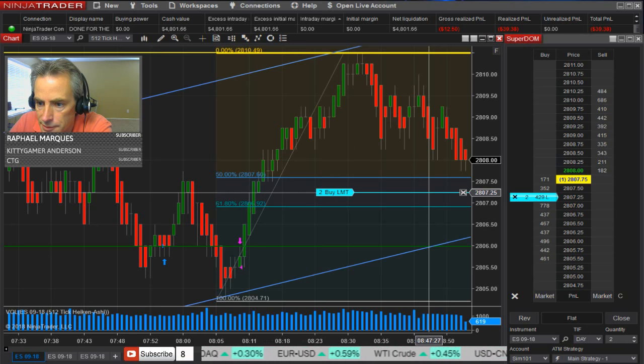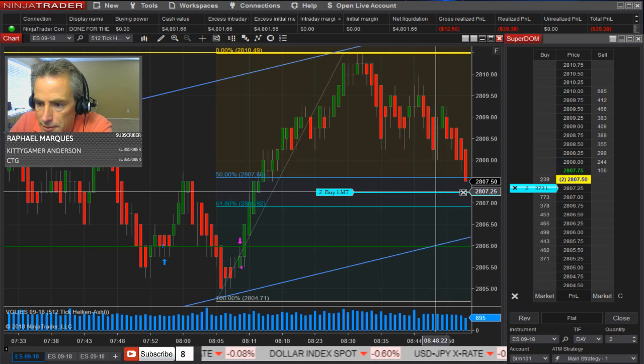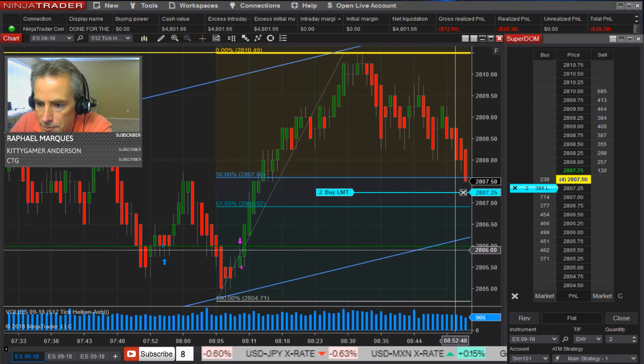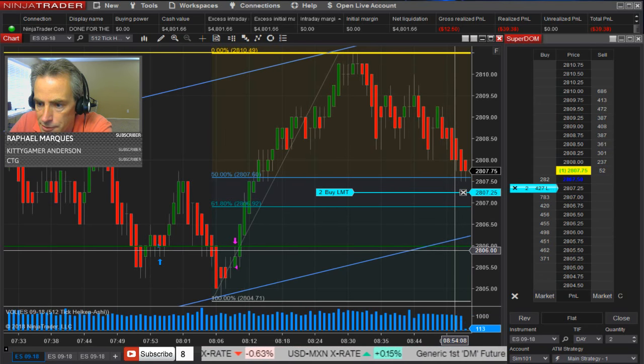Really struggling to get down there. But I'm also seeing over where my stop is going to be placed, my 6-tick stop, which